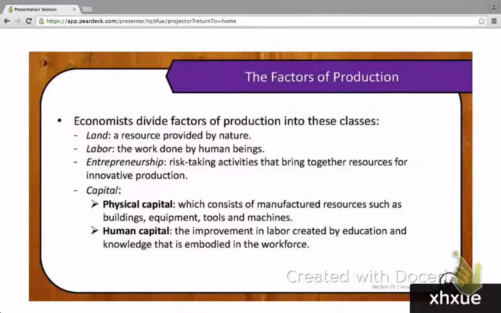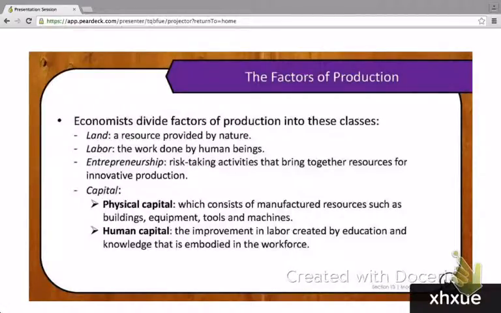Now we talk about labor. Labor is the work done by human beings. And so in a restaurant, that could be the owner, that could be the cooks, that could be the waiters, people like that. And then we'll skip entrepreneurship for a second, but if we look at capital, capital can be